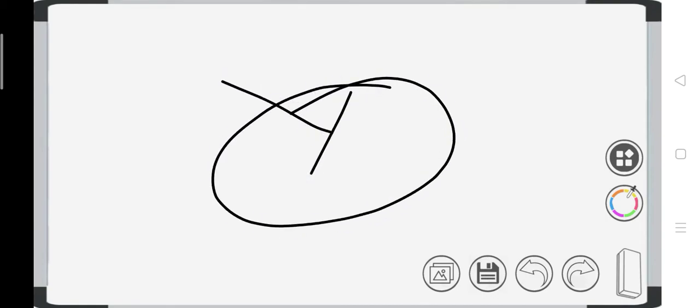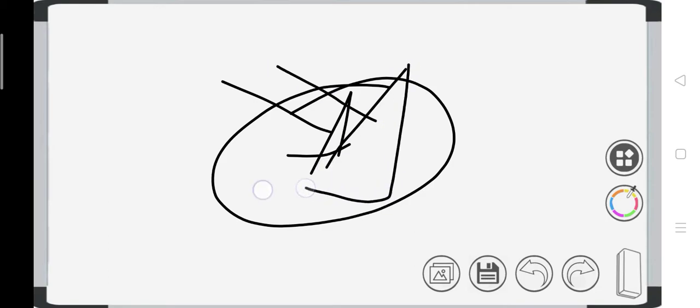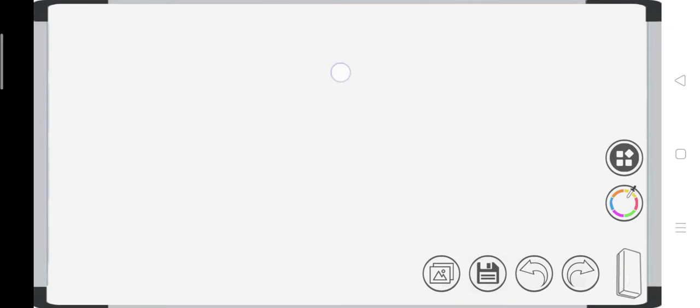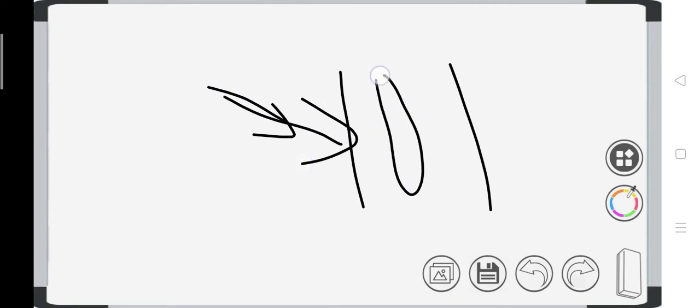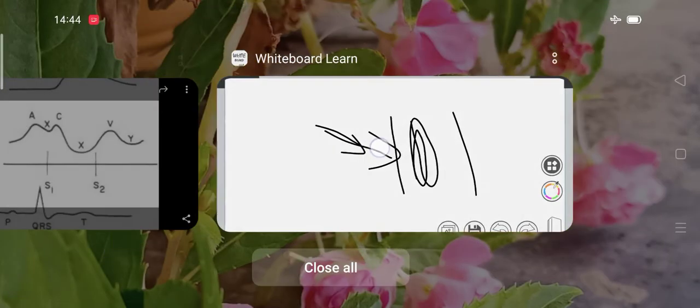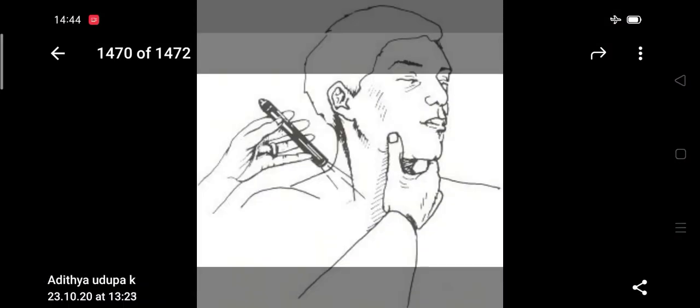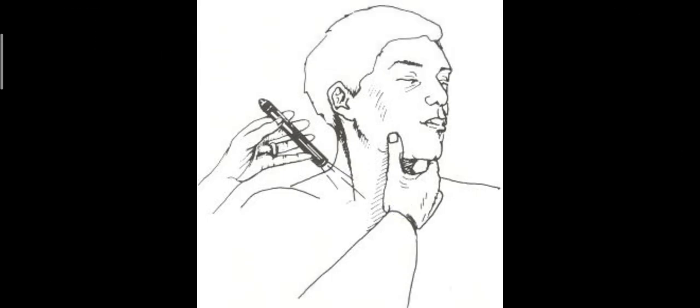You should have a good light acting upon at about 45 to 50 degrees at the sagittal section of the JVP. If the JVP is seen like this, you have to position the light from the scapular area, that is from behind. You have to position the light so that the jugular pulse will be prominently seen on that side. I will show you just a little figure here. You can see how it should be seen.